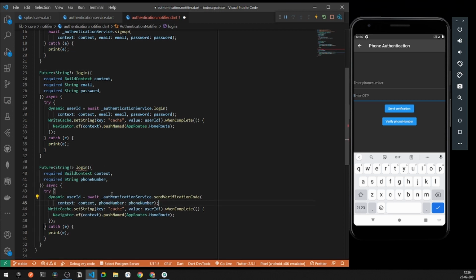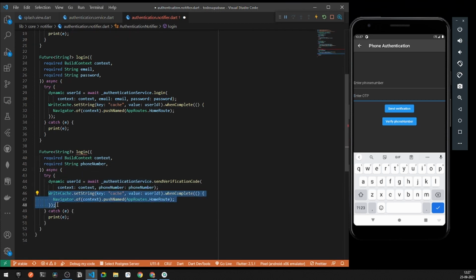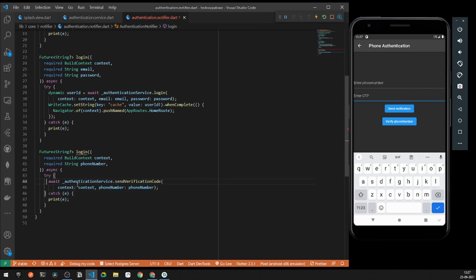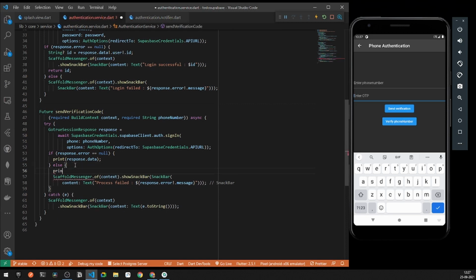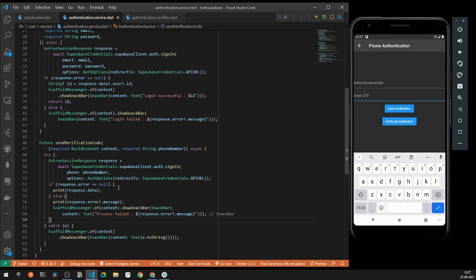Add a particular thing. Now the following write cache is from a package of cache manager, so we can remove this stuff from this side, and I can simply await for this process. We can also change the phone number, that is the method name, to send verification code. So what we can do now, once we are also getting the error, I want to print the entire error. So here I'll say print response dot error, which will not be equal to null, and from this I can simply print the message. So this should be it.